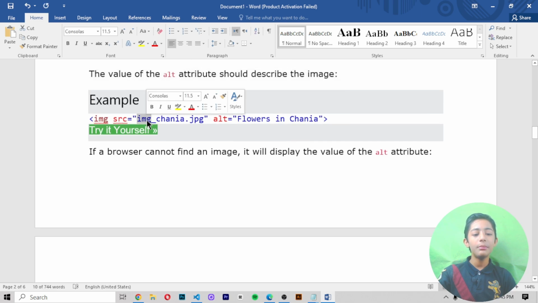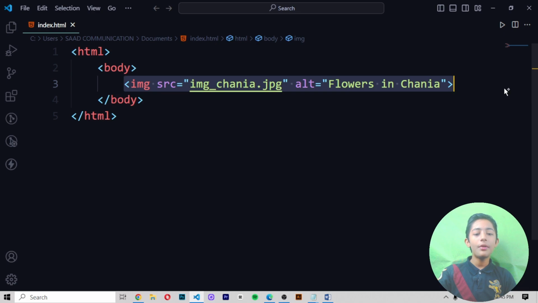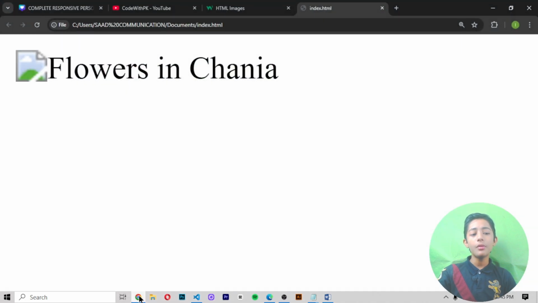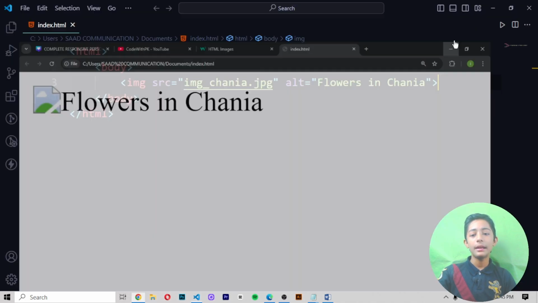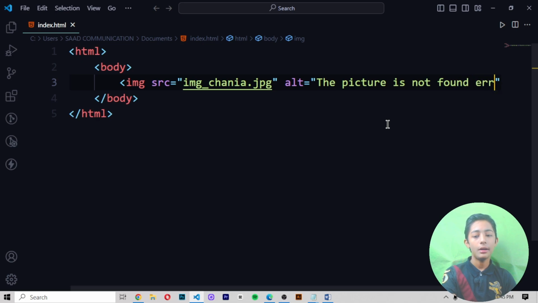For example, this image here. Let me copy this image and paste it here. We write the same thing, but when the browser does not find the image, it shows flowers in China. Or here we can also write the picture is not found, error.